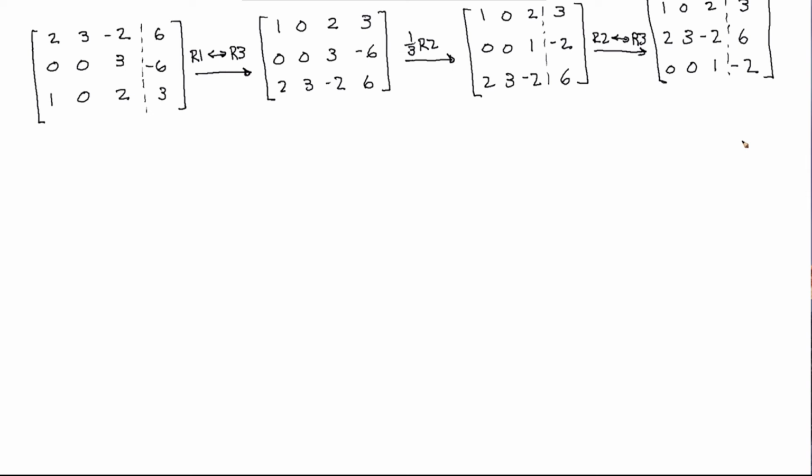I will use kind of 2 rules in once. What I want to do is eliminate that 2 in the second row. So I'm going to multiply the first row by minus 2 and then add it to the second row. Multiply the first row by minus 2, add it to the second row. So I'm going to say minus 2 times row 1 plus row 2. And that's going to give me